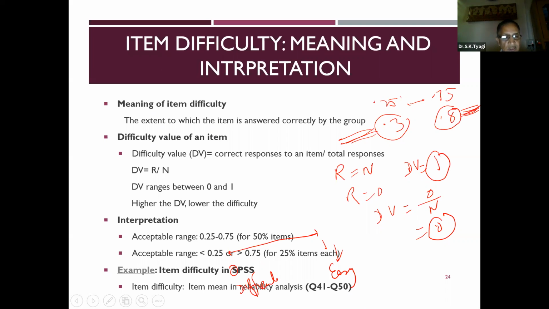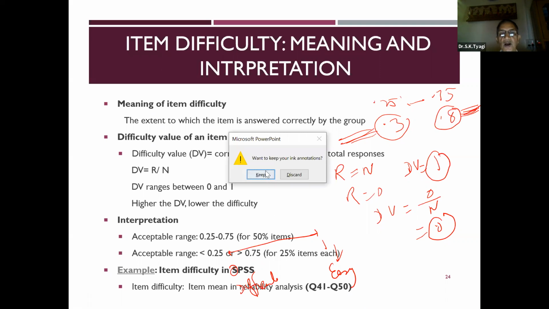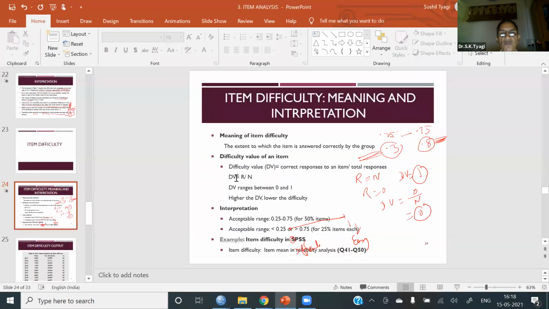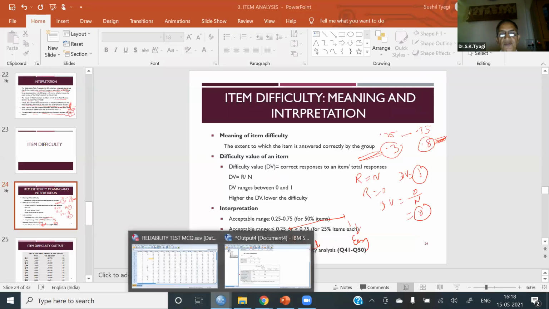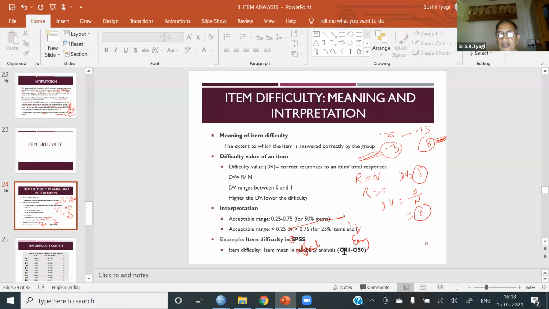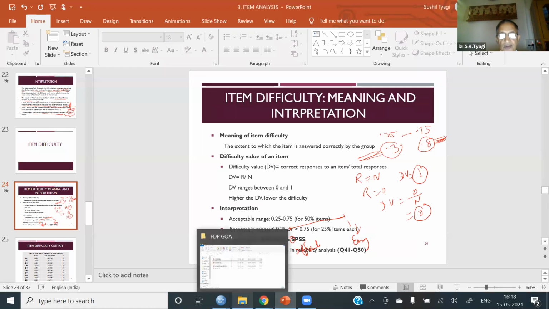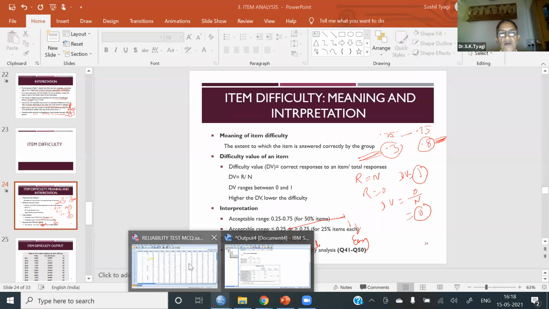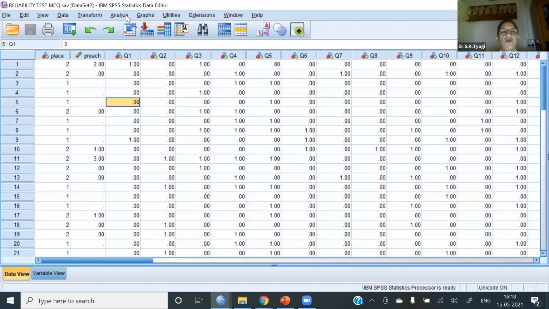So let me go to this data, same data, and question numbers 41 to 50, 5 questions. Now, this is how we calculate difficulty value in SPSS.